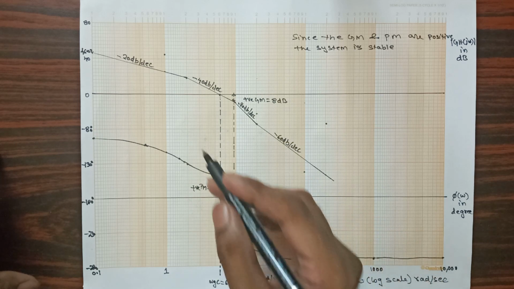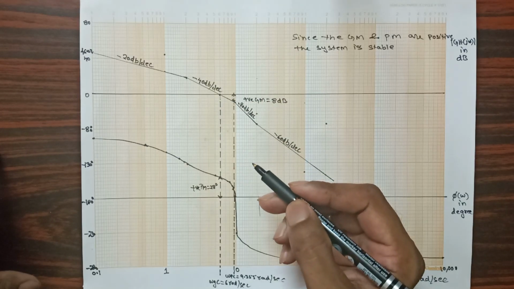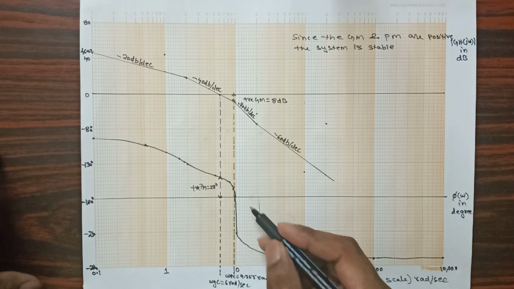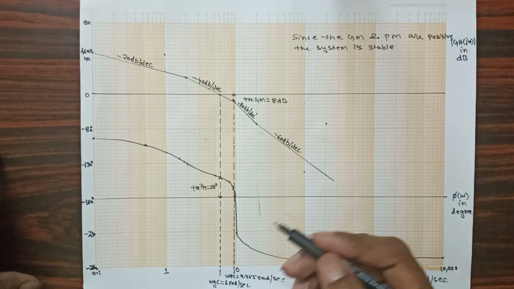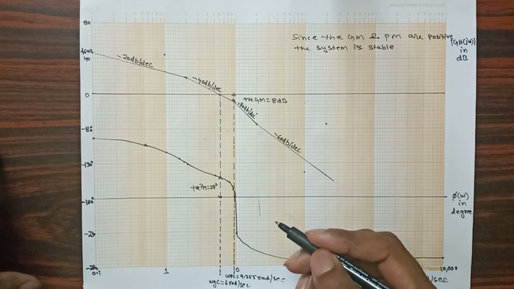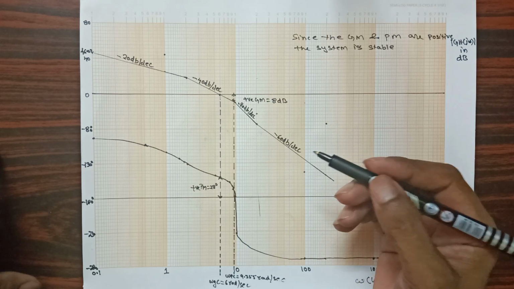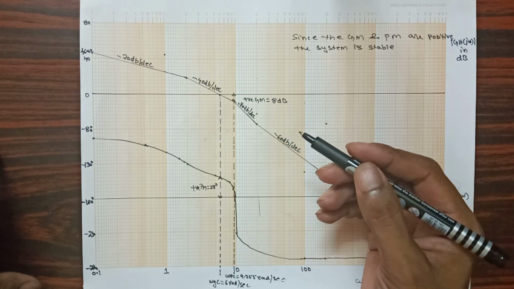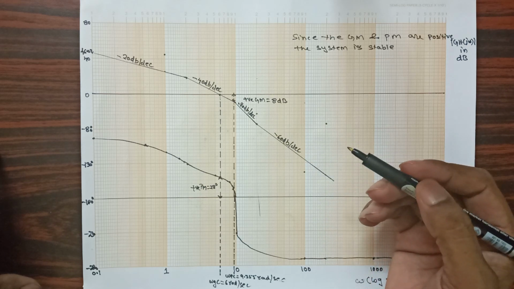For example, if you are getting a gain margin above 0, then that is a negative gain margin, then the system is unstable. If I get any phase margin below minus 180 degree, then it is a negative phase margin. So then if either gain margin or phase margin is negative, then the system is unstable. For marginally stable, the gain margin and phase margin are equivalent to 0. So if in the problem you get gain margin equal to phase margin equal to 0, then the system is marginally stable.